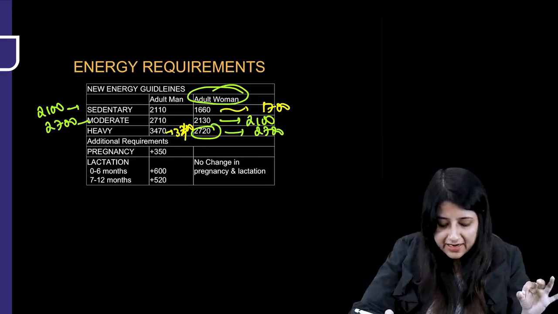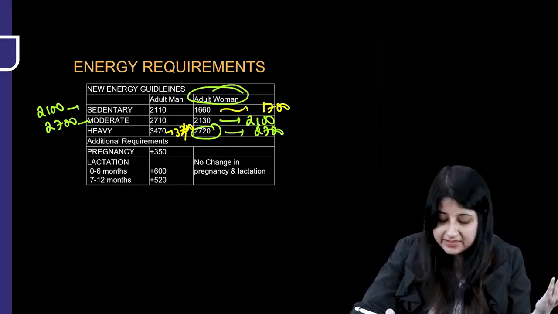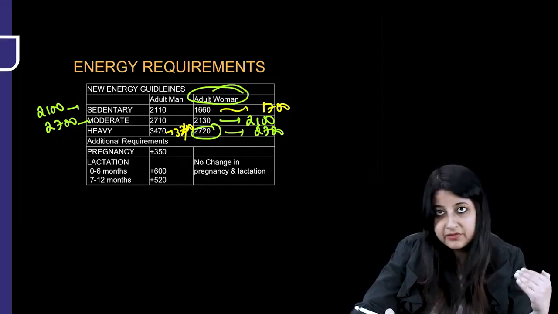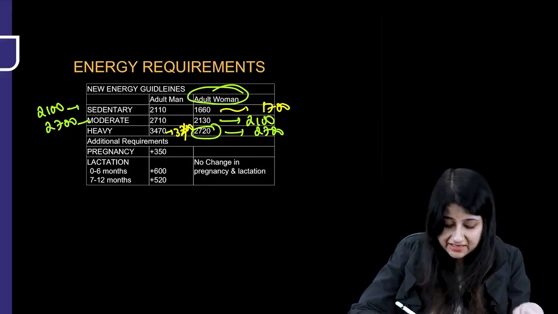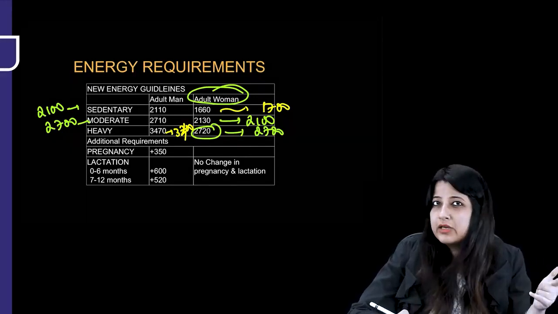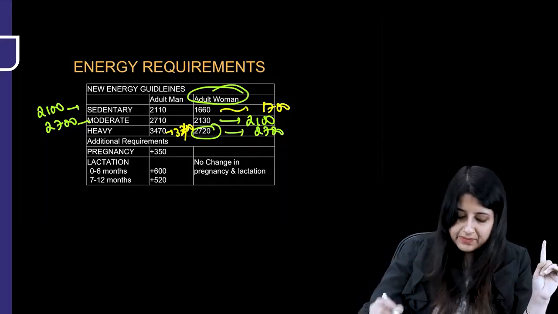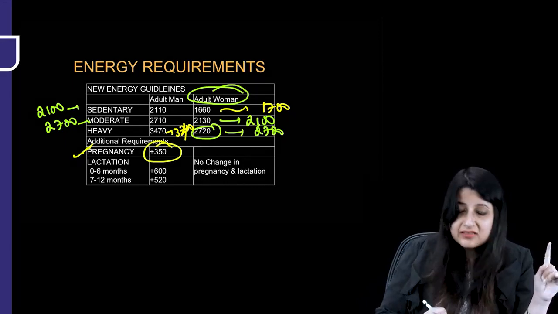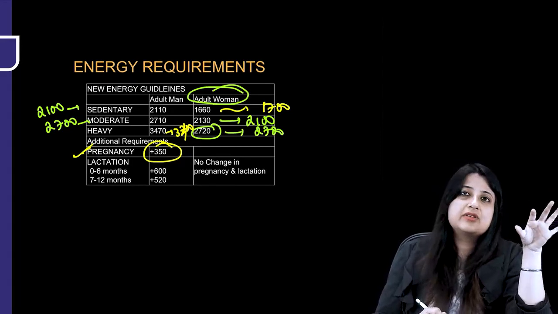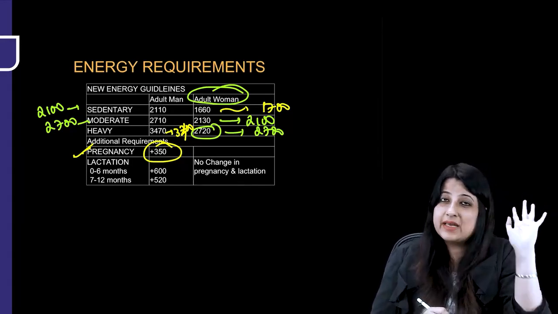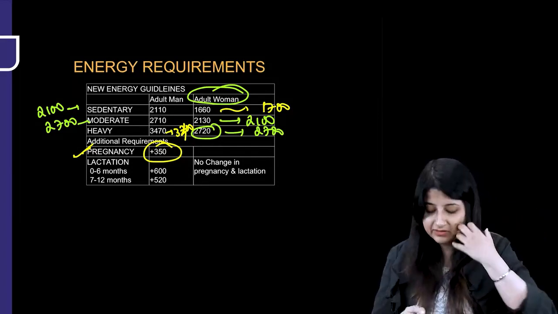So that's how you can remember it. Whatever is the energy requirement by sedentary and moderate worker male, 2100, 2700, that's the same by moderate and heavy worker female, 2100, 2700, and by adult woman it is 1700. You will just multiply that, double it, so by heavy worker 3400, okay? That's how you're going to remember it. Now, in pregnancy, guys, plus 350, this has to be added to whatever is the energy requirement by a sedentary worker female, which is 1660 or roughly 1700. So on that you have to add plus 350.